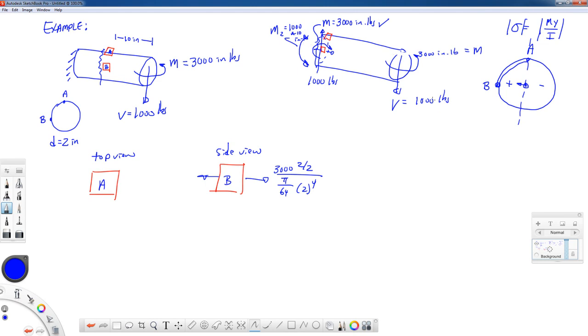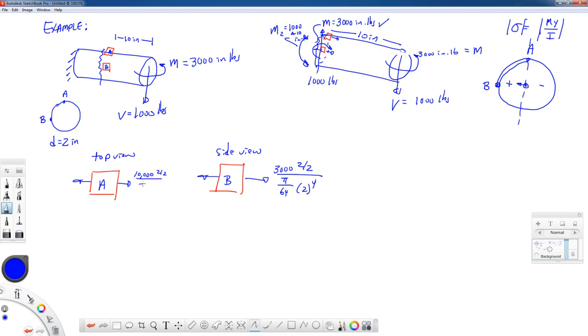M2 is caused by the 1,000 pound force being offset by 10 inches. It puts the top in tension and the bottom in compression. So on the top, I get an axial stress. It goes down the axis of the bar this way. And the value of that axial stress will be that bending moment, which is going to be 10,000 inch-pounds times